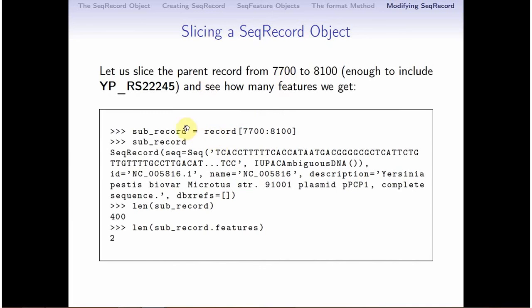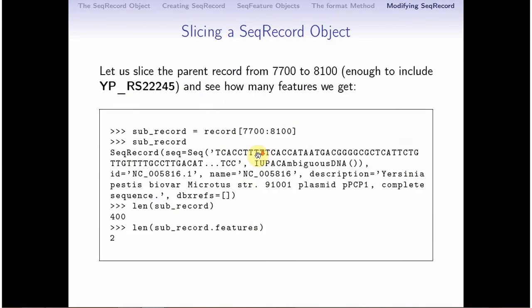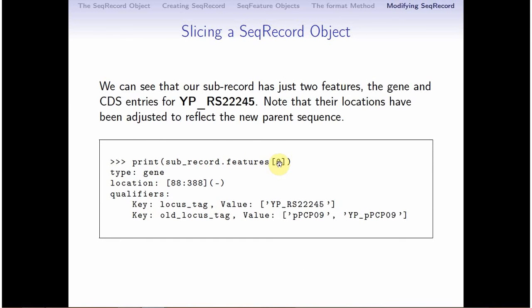So let's see. If you cut through this, these are the sequences. You print the number of features, and you see the sub record that you have just sliced, the features will still be preserved. As I said before, after they slice, the features will still be preserved. However, the location index will change. Previously it was 19 and 20, but after you slice, it will become the first feature in this new parent sequence. So when your sub record,